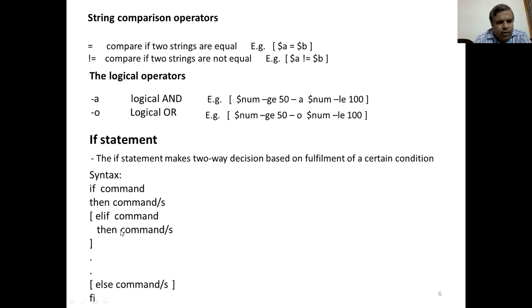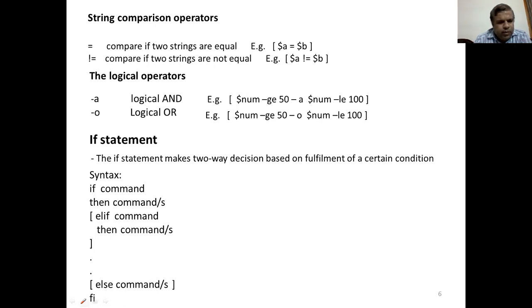Or if you have an elif statement, the command within the elif is tested. If it returns true, the commands following the then are executed. Otherwise, if both conditions fail, the commands following the else are executed.